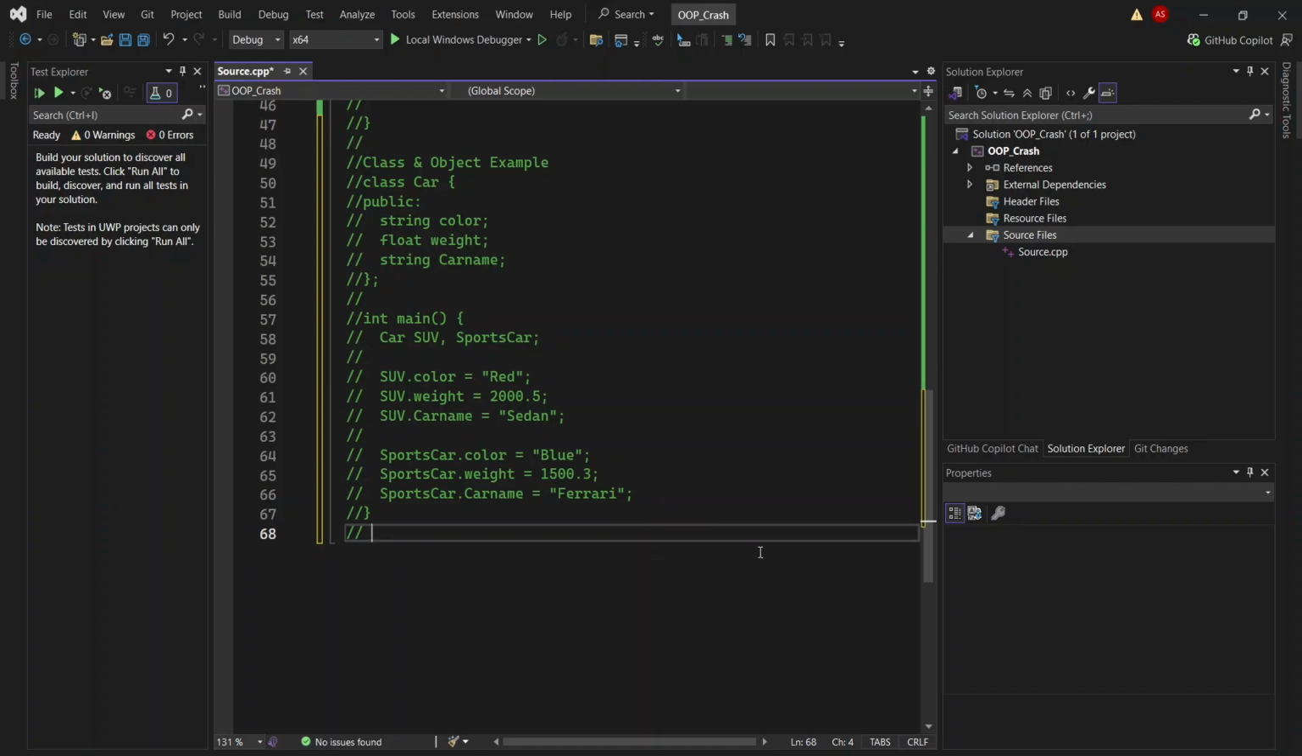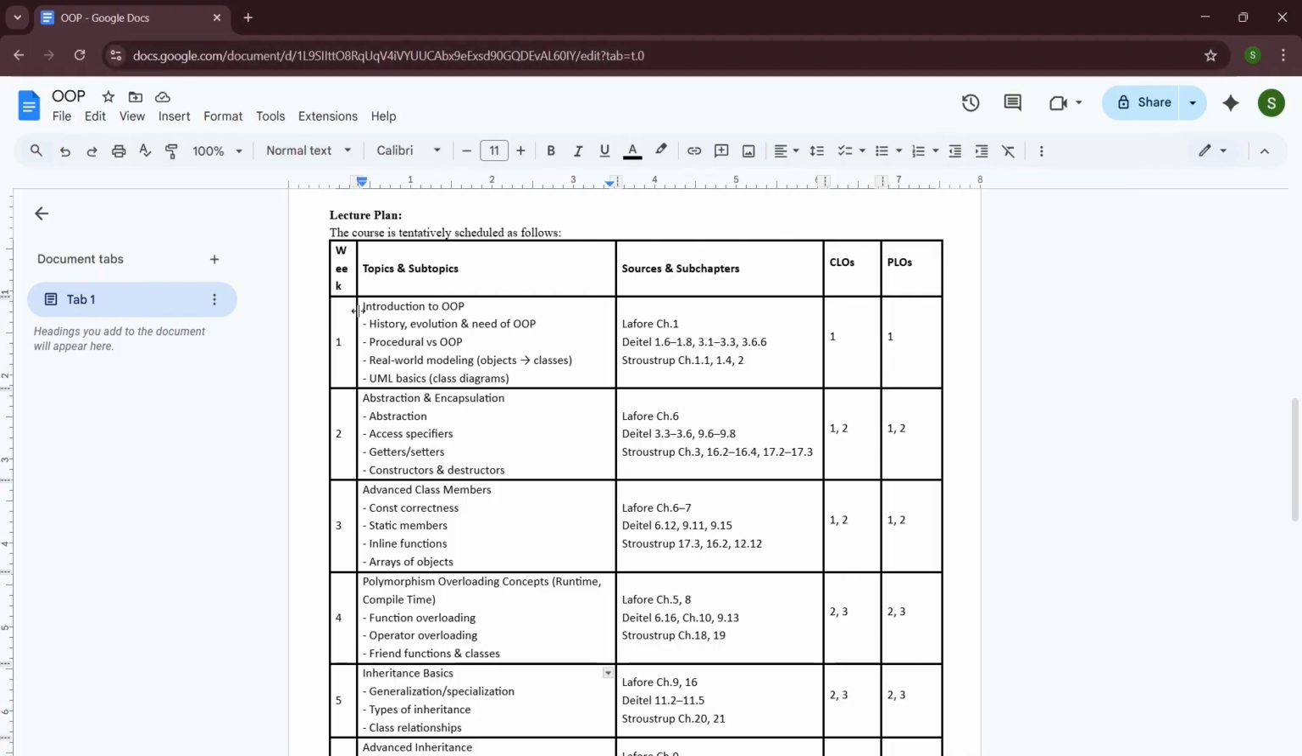that's all for this class. Now we've covered these topics: history, evolution, and need of OOPs, procedural versus OOP, and real world modeling through objects and classes. We've already created objects and classes as well. Okay, now